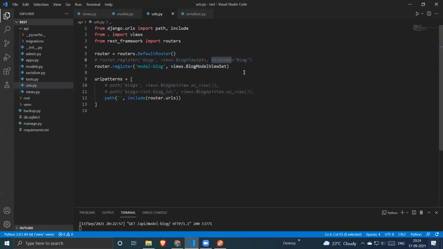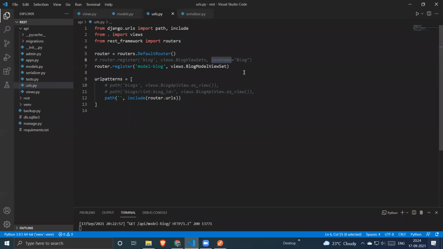You can just update a base name and it will change your query set operations. I'm not sure it happens in the current version or not. But in the earlier version, there used to be a provision where you can simply change a base name and the entire API views are treated as a different model API view set.